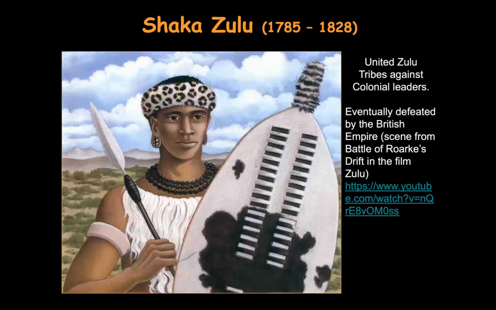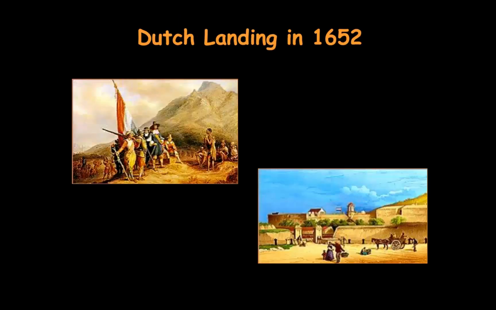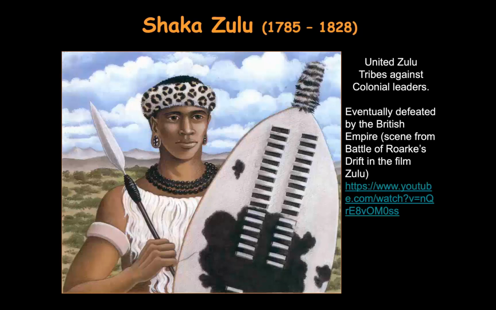So in this region, we'll talk about the different people against each other, but this is also the same region where Shaka Zulu is going to unite his people together to fight against the Dutch and later the English settlers there, and he's going to do very well. He's going to wipe out a number of soldiers, but the British Empire will come together and put the warlike Zulus under their grip again. There is a scene of this. There's a movie called Zulu. It's obviously from the British perspective, and this scene.